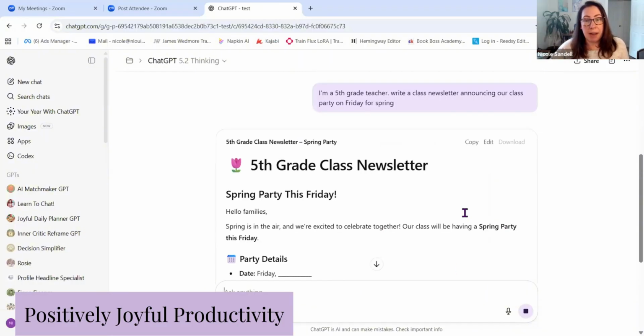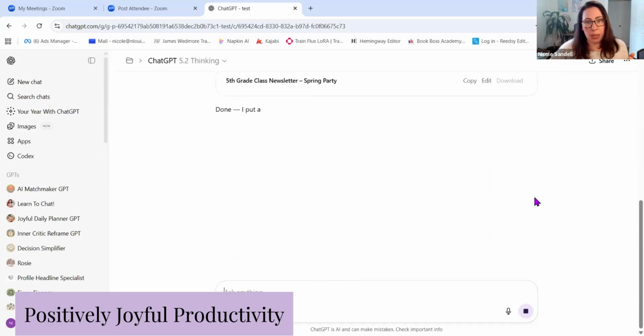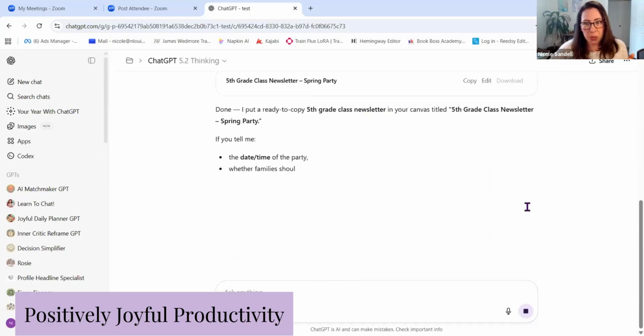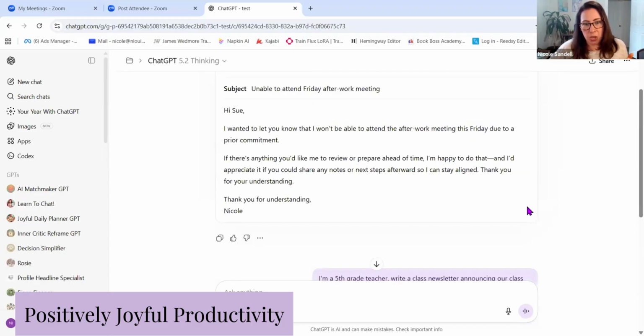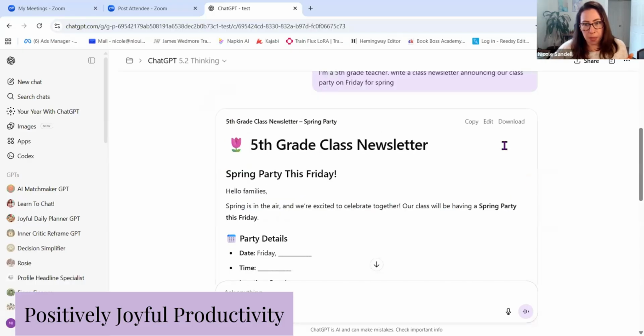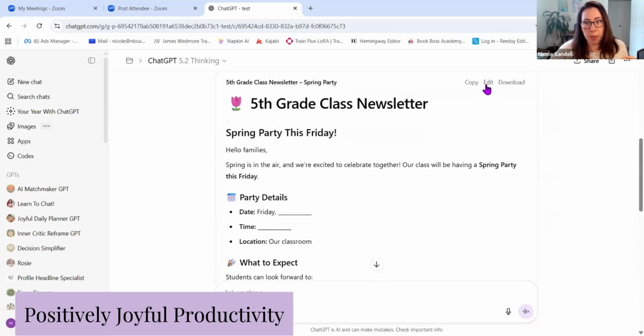So again, for my listening audience, the same little box popped up, but this time it's a little bit different. So this time you have the options to copy, edit, or download this. So I'm going to click on the edit icon, and it opens up a new pane on the right